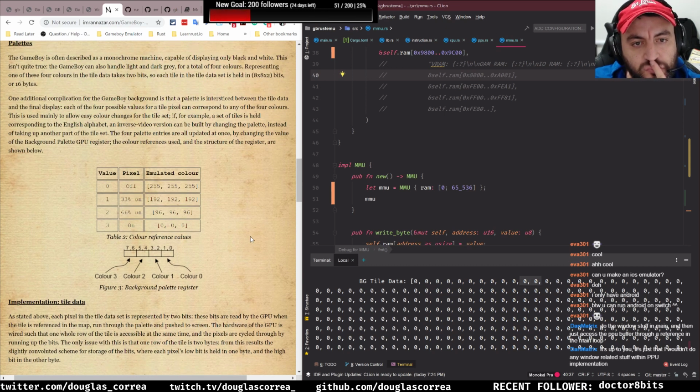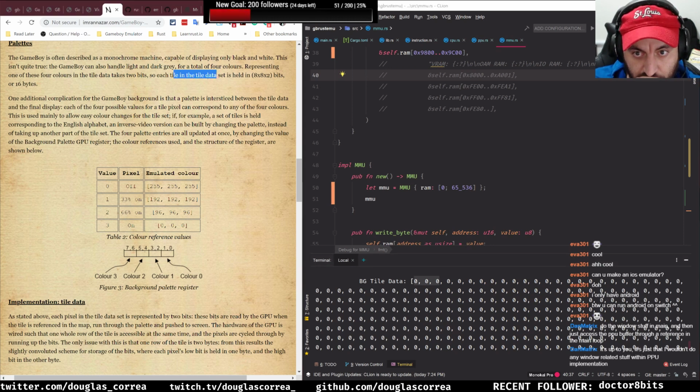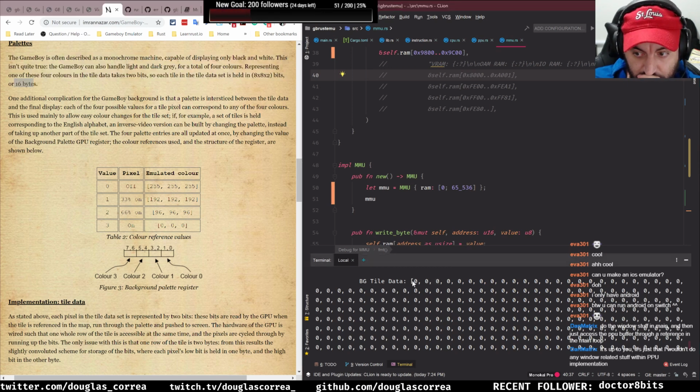Is that? Oh yeah, this is one row in the tile. So each tile in the data set is held in 16 bytes. So 1, 2, yeah, I got it. Okay, so now